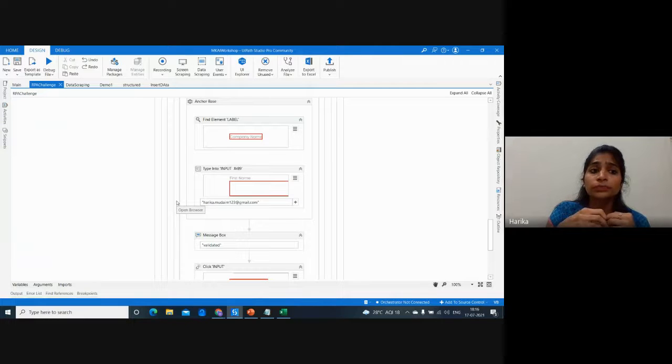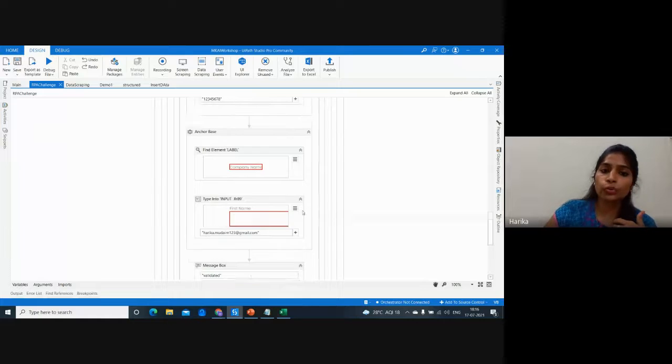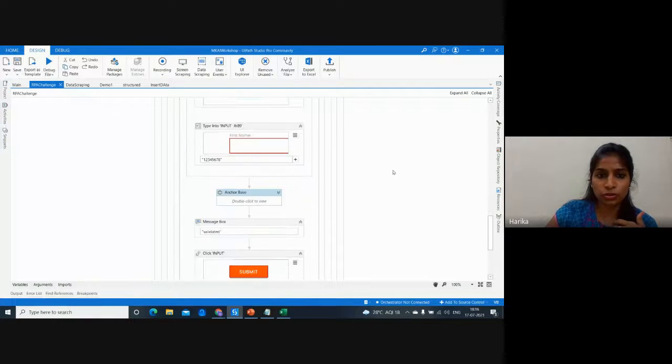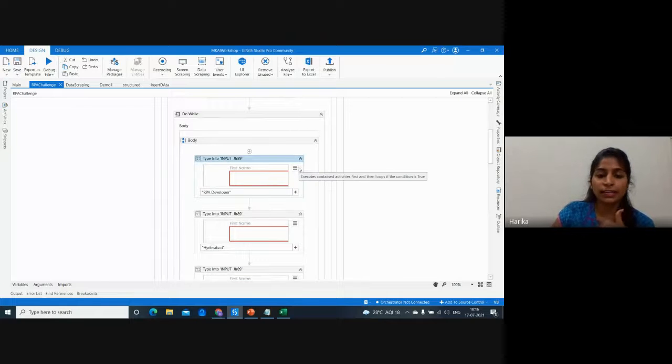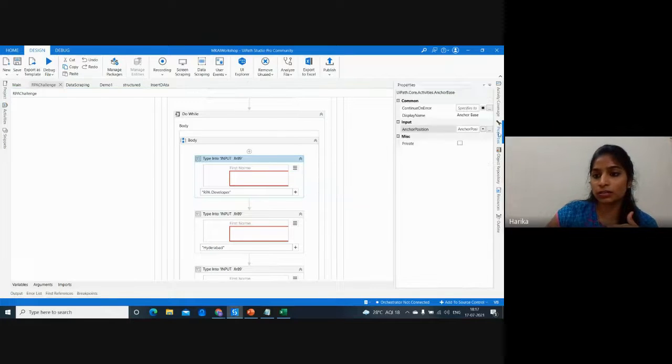So this is one of the major challenges that we face mostly, right? When the application is changing, you have to make sure that whatever code you have developed should not break, it has to work, right? So these are the two ways I have shown you, correct? In the first way, even if you couldn't identify the element using UI Explorer, we have chosen a smart way, which is upside down. You first go select the label and then copy that code and then select the anchor inside this particular selector.